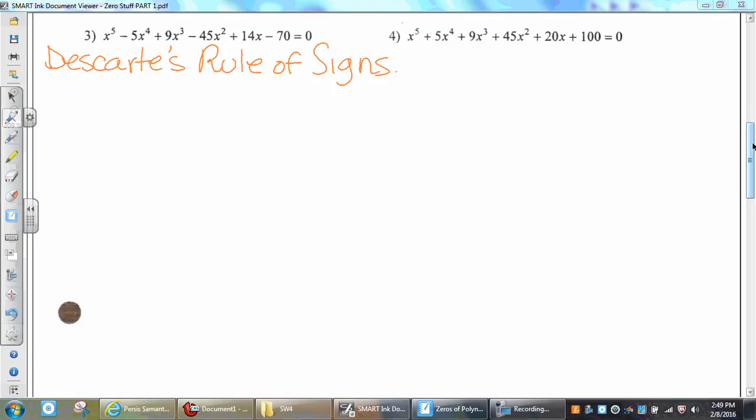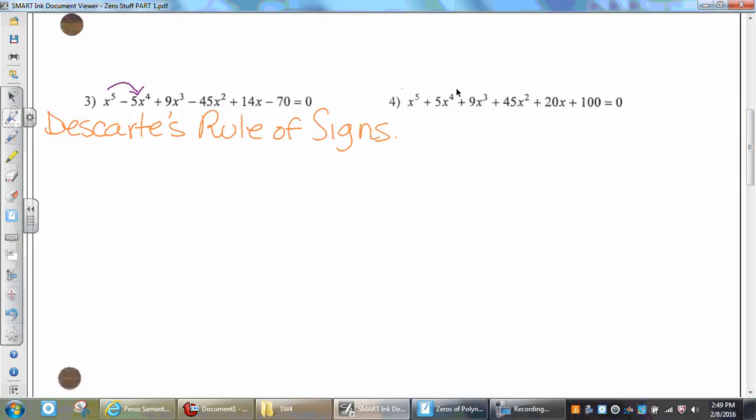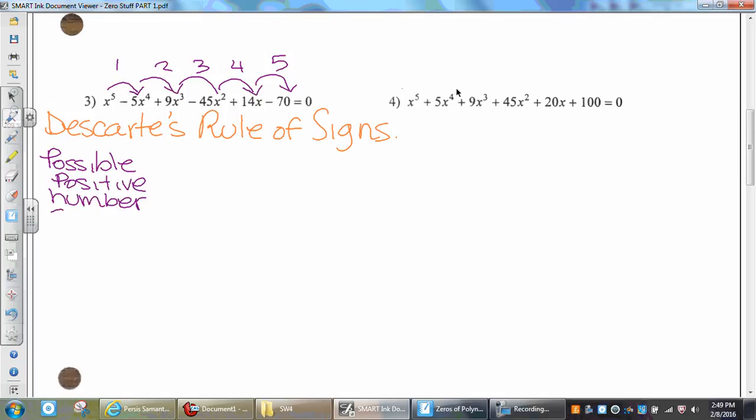Okay, so let's see. We go from here to here. How many sign changes do we have there? Did it change? It did, right? It went from positive to negative. So that's 1. And then negative to positive, 2. And then positive to negative, 3. And then negative to positive, 4. And positive to negative, 5. Okay, so because of that, the possible positive number of real zeros is going to be 5,